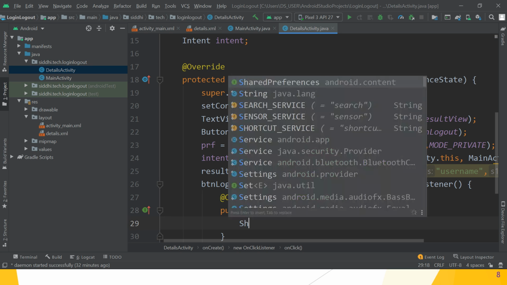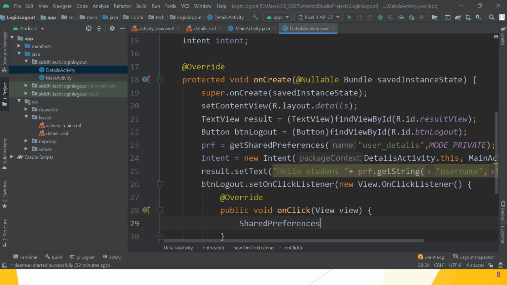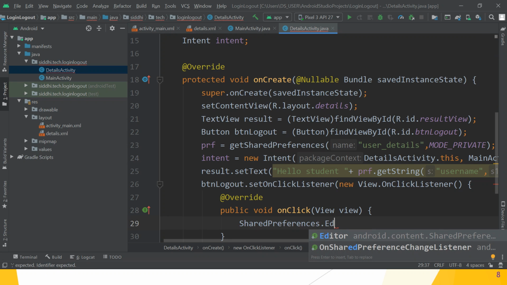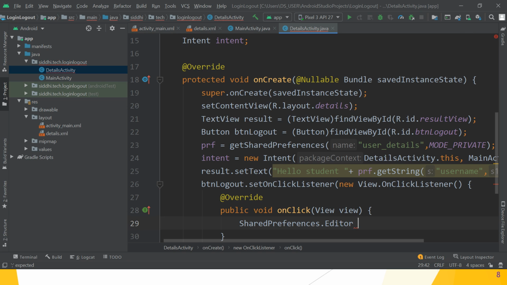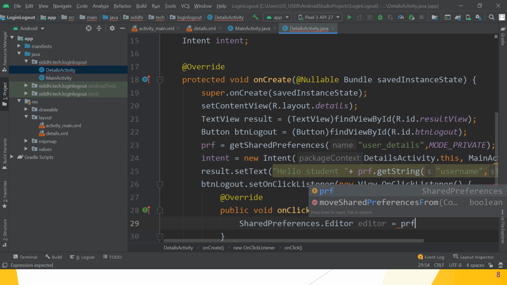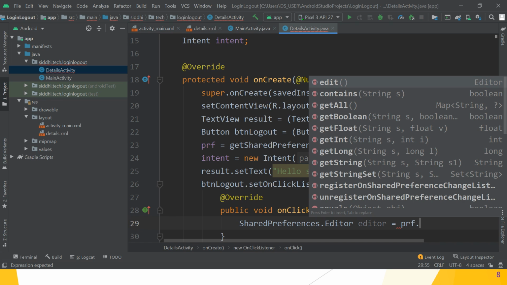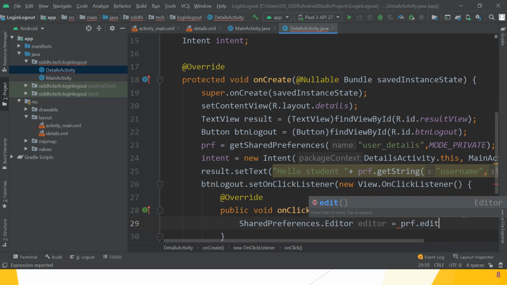Shared preferences dot editor, because we want to create the object of editor. How to create the object of editor? Using the object of shared preference dot which method? Edit. The edit method returns the object of editor class.